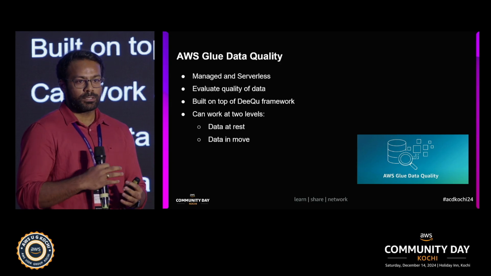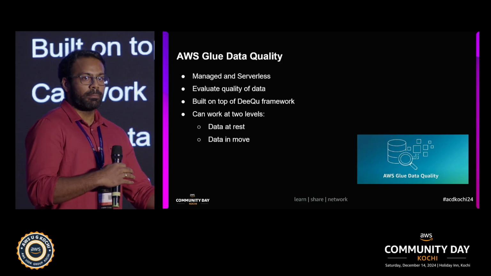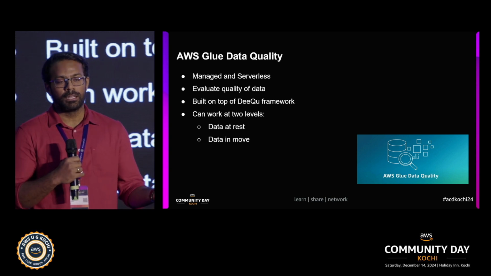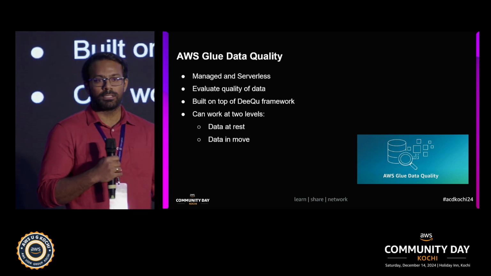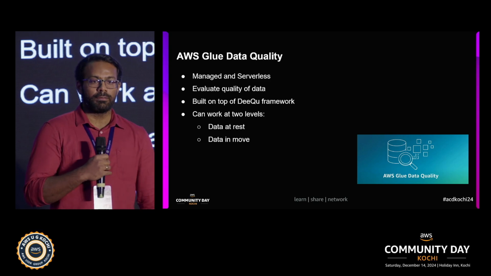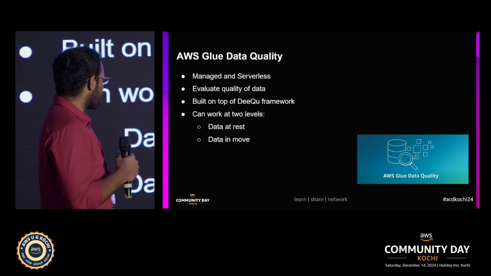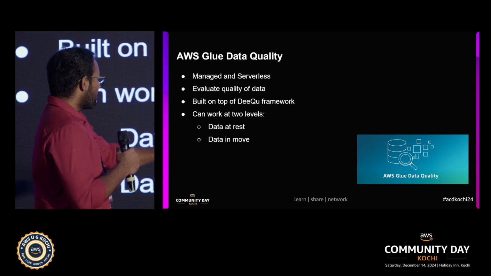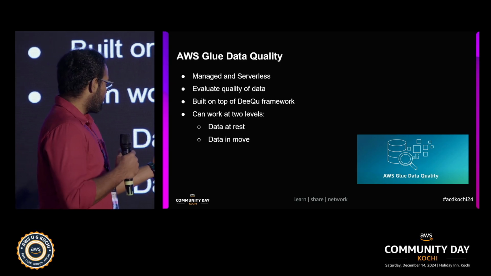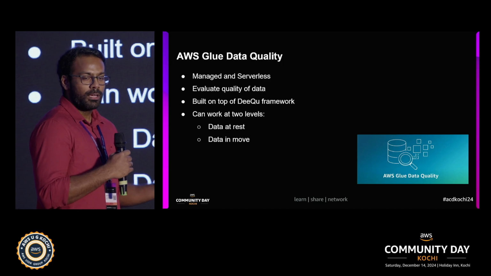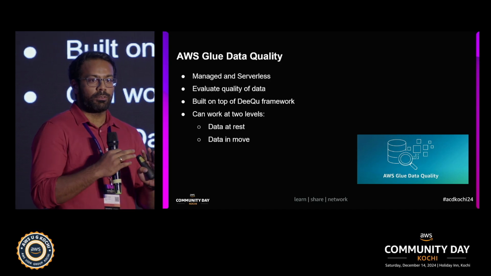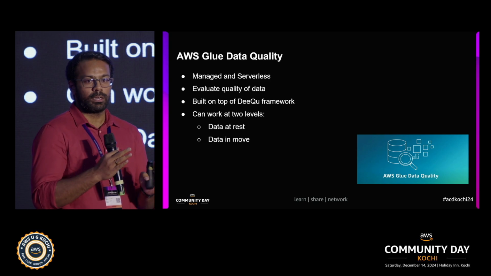We can just utilize those logics as features and implement them in our ETLs or, as I stated before, on our warehouses or storages, even to predict logics, assigning them with models. We can feature it in two ways: one is data at rest, and one is data in motion. Let's discuss that in brief later on, but these are the two features we have to focus on if we are going with data quality in Glue.